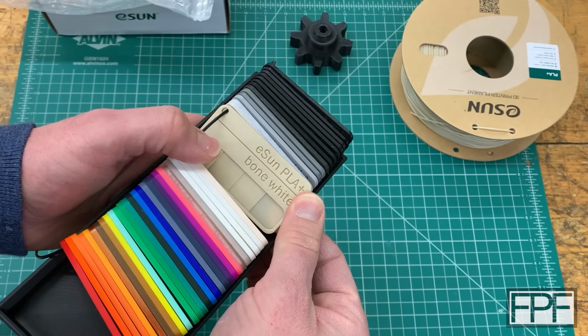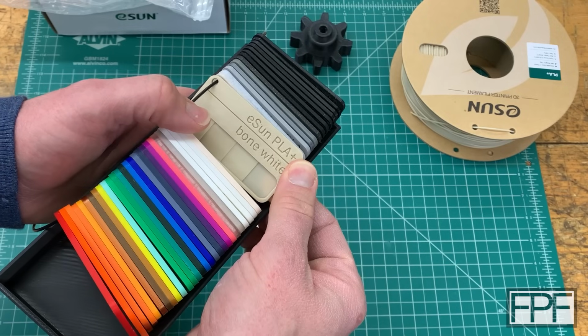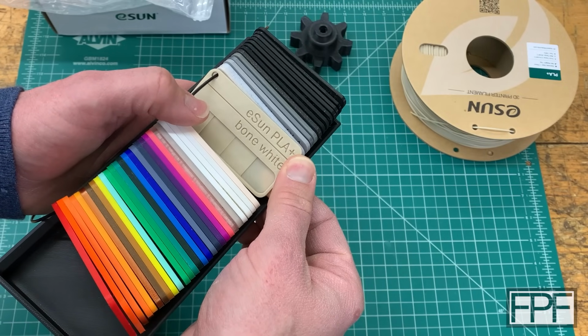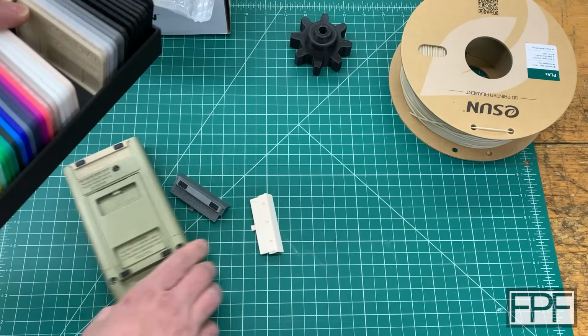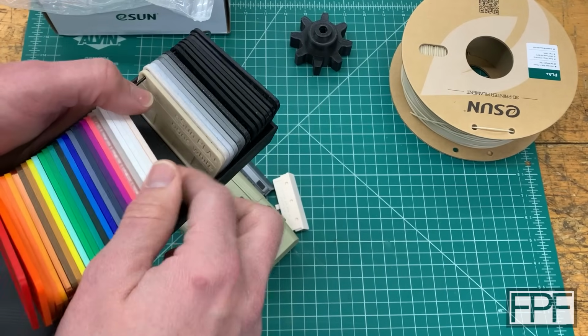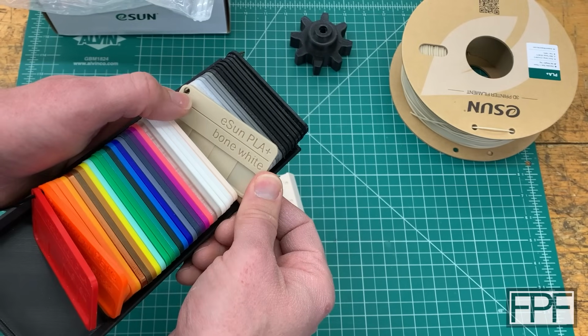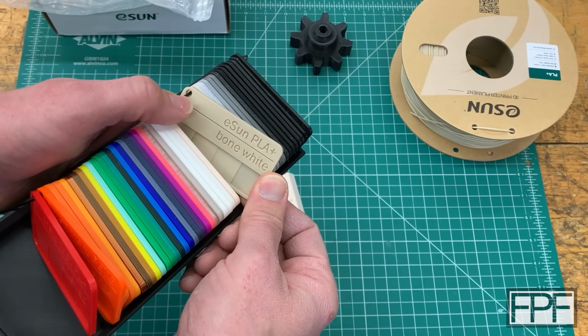It's not that type of color that is, I don't know, an exciting color that you'd want to make something that really stands out, right? But for projects like this, for restoration stuff, where you want the part to be kind of understated, you want it to blend in and look more natural,